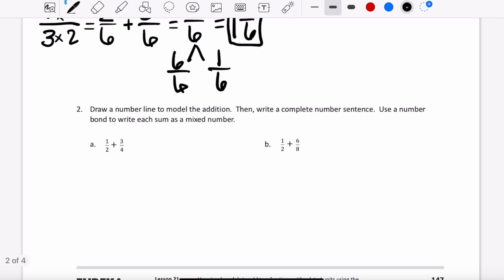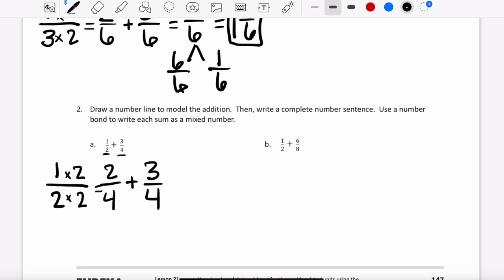Okay, we're going to go down the page. We're going to look at the next problem. We're going to look at the denominators to see if they're the same. And we have 2 and 4, so they're not. So we have to take 1/2 and times it by a number to get to fourths. We can times it by 2, so we get 2/4. Now we can take 2/4 and add it with 3/4, which would give us